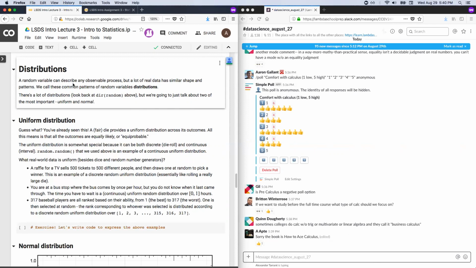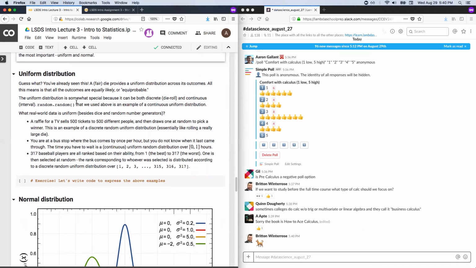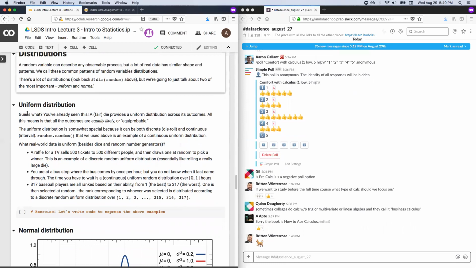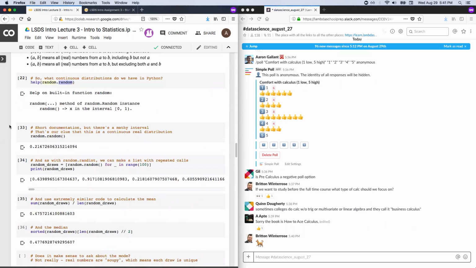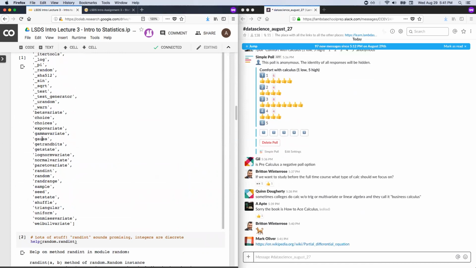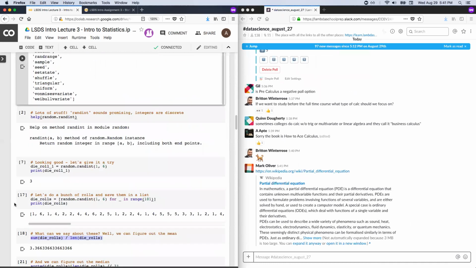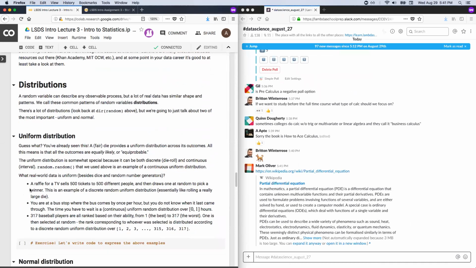But the point is, that's that word, distribution. That's how we talk about a pattern of a random variable. And there are certain distributions that you see over and over again. The dog smelling distribution is probably pretty unusual, but these distributions are ones you see all the time. Now, there's a lot of them. I'm just going to highlight two: uniform and normal. If you want more, Wikipedia will lead the way. Gauss actually is another word for normal, as I'll discuss. And there are other distributions that you can find. But let's start with uniform.